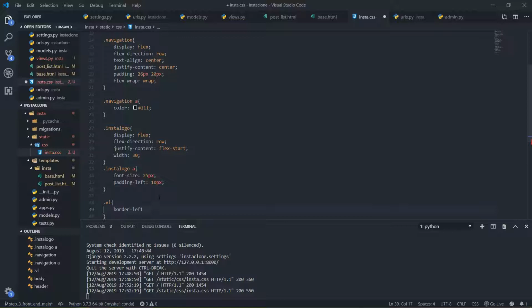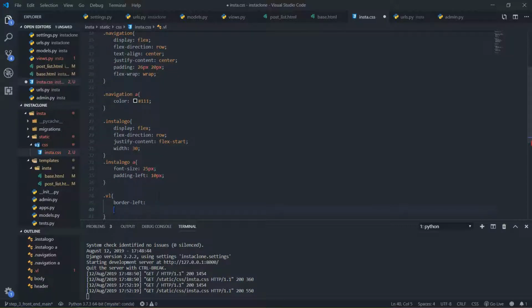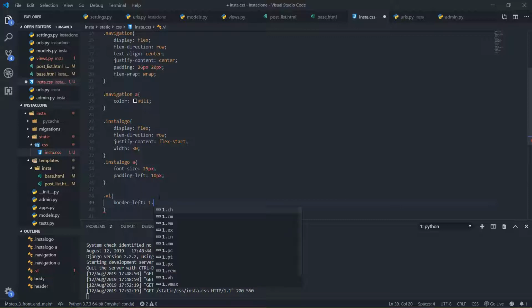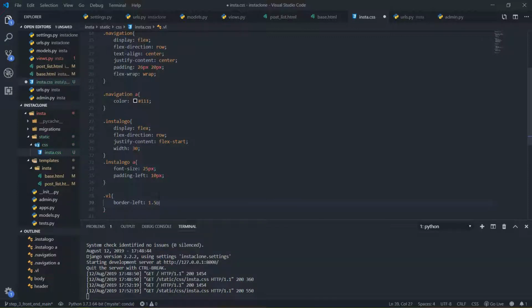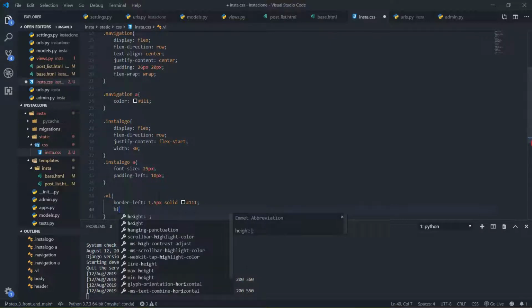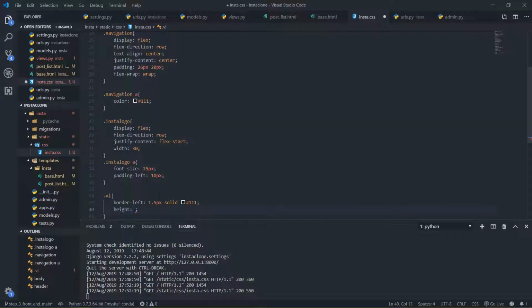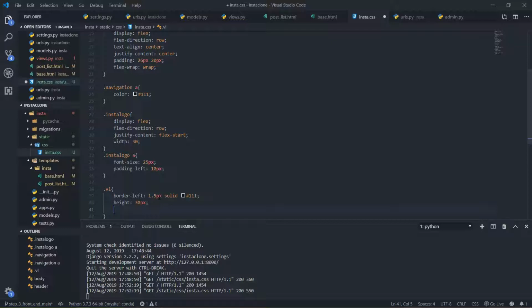Border left, and this is going to be 1.5 pixel, solid, and also the color is going to be just like the one before. Height is going to be, let's say, 30 pixels. I'll come down here, and then I have